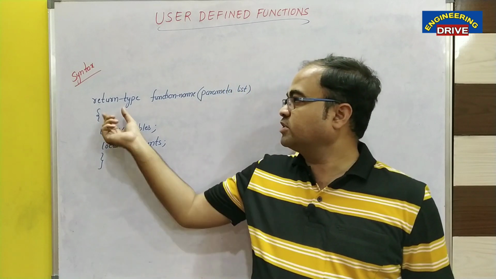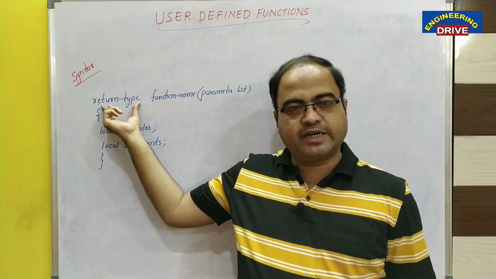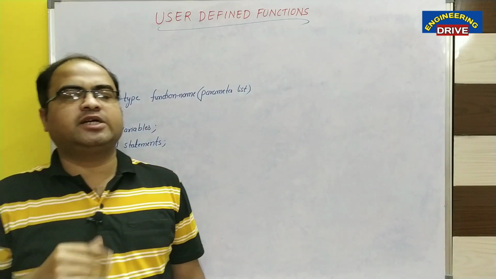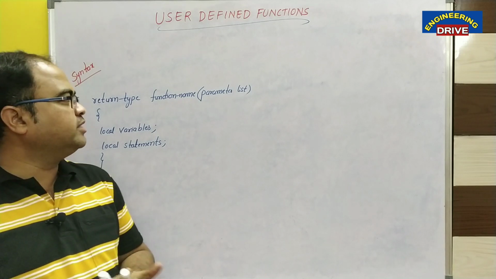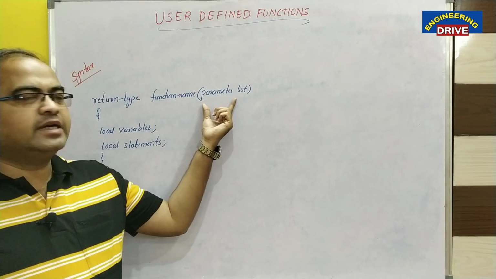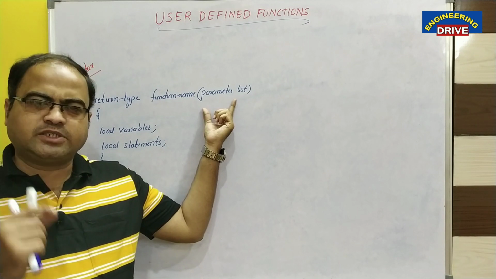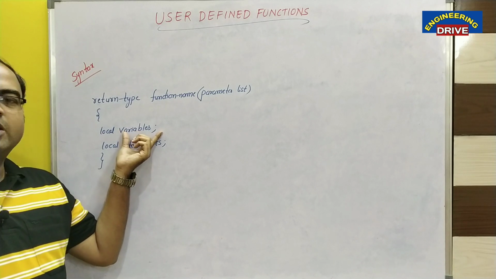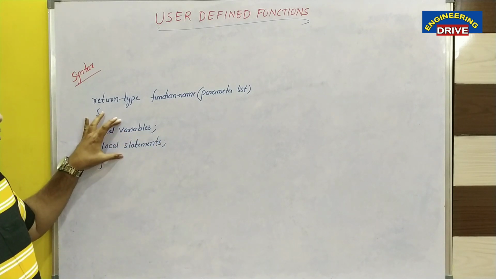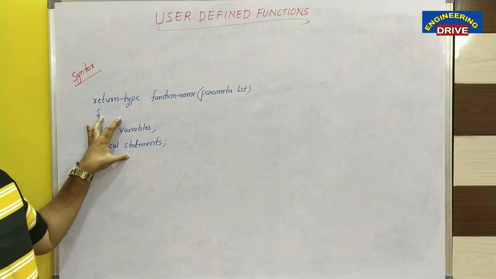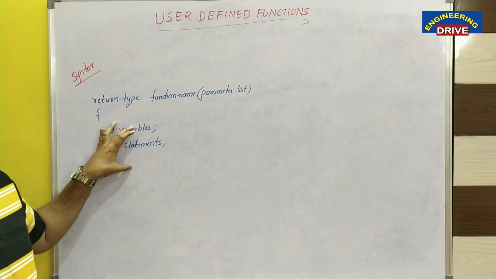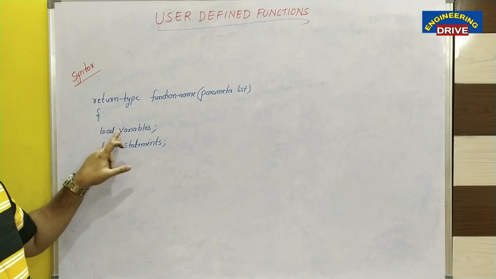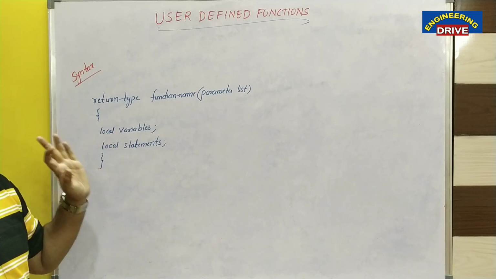My dear students, first on the left side we need the return type, space, then the name of the function which you want. There is no condition on the name; you can use any name here. Then the parameter list: if your function supports any parameters, you need to keep them here. Between the opening and closing braces we can use variables and statements. We call them local variables and local statements, because these variables and statements belong to this function only.